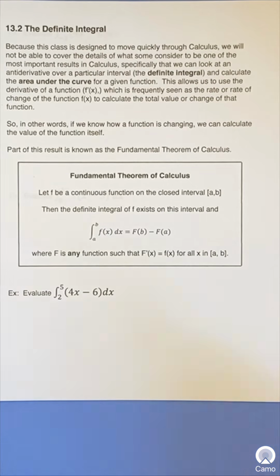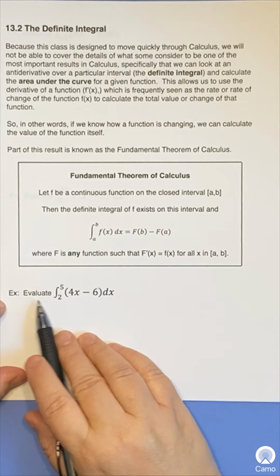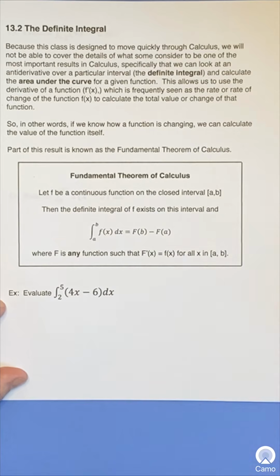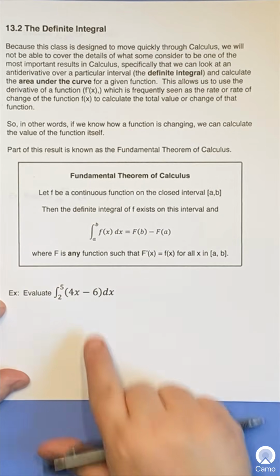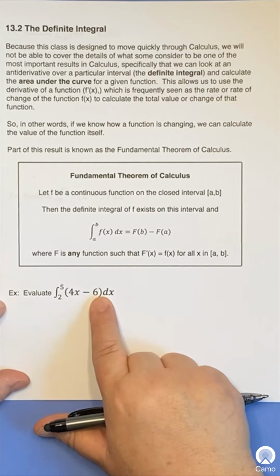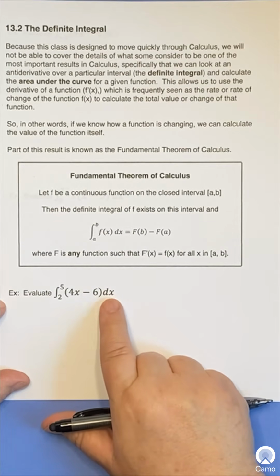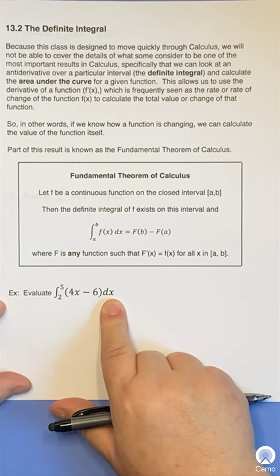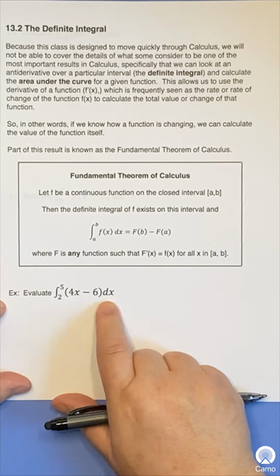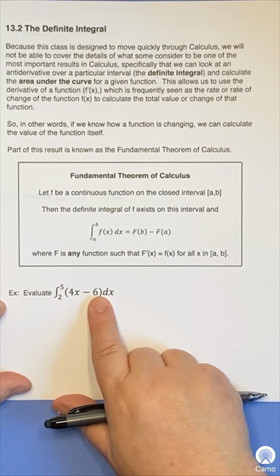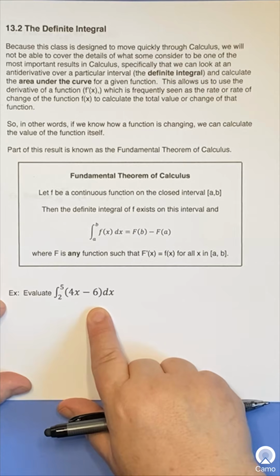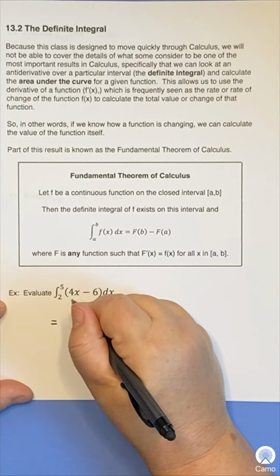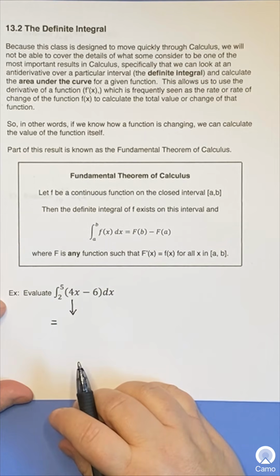So, for example, if I get a problem that says evaluate the definite integral between 2 and 5. How do I know it's definite? There are numbers there. Between 2 and 5, 4x minus 6 dx. You remember the dx from the indefinite integrals. Okay, then what should I do? Well, it's asking us to first anti-differentiate or take the integral. So in other words, we're going to take the 4x minus 6, remember the 4x, if we anti-differentiate,